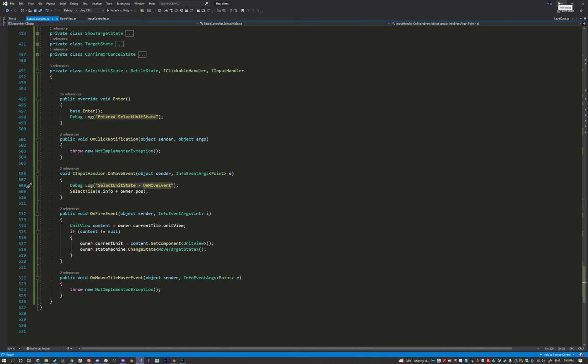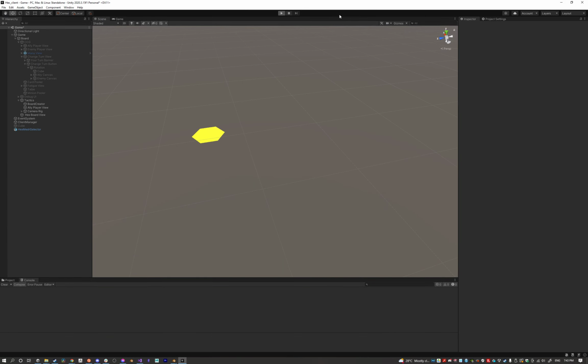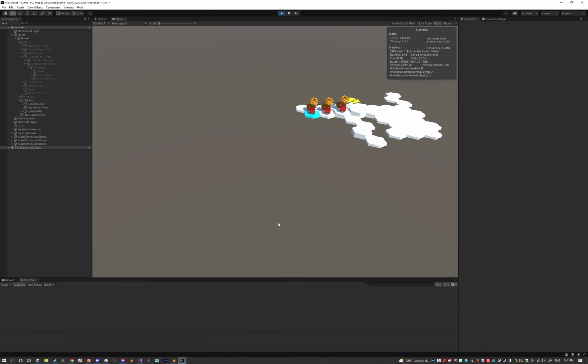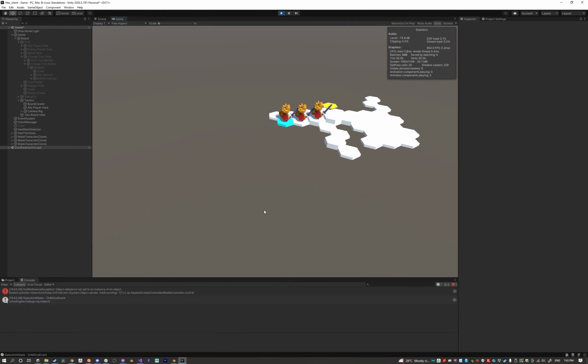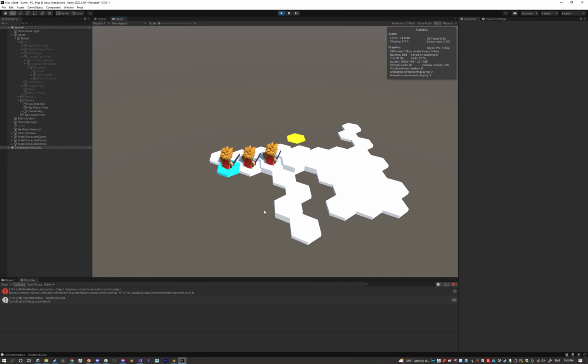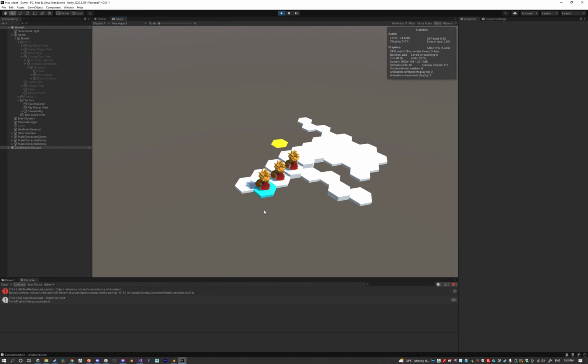So let me try. Something I didn't look at when I was testing was when I push the button, do I get that debug? So I am on select unit state. I'll just clear everything. See, okay, so the move event is being called when I use the joystick, not the D-pad. So the D-pad's not plugged up for it, but the joystick is,